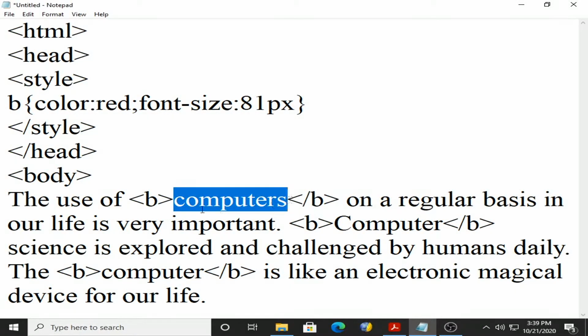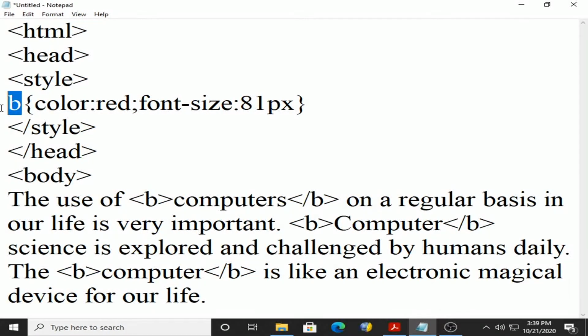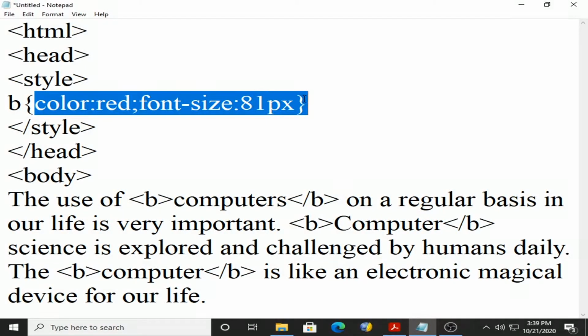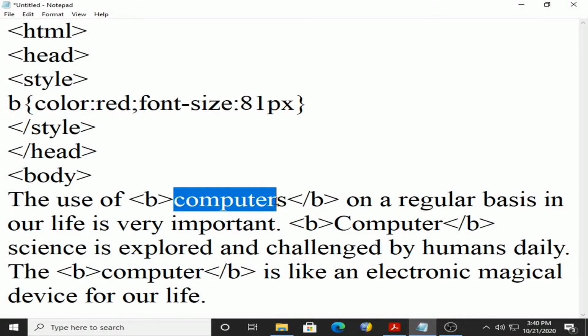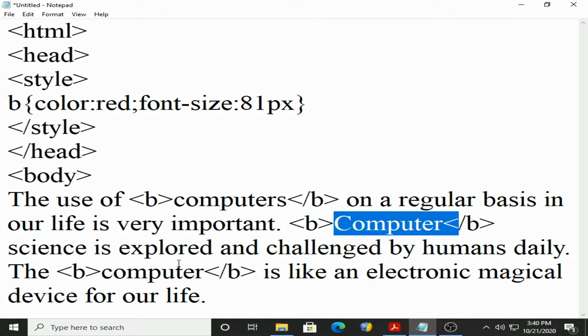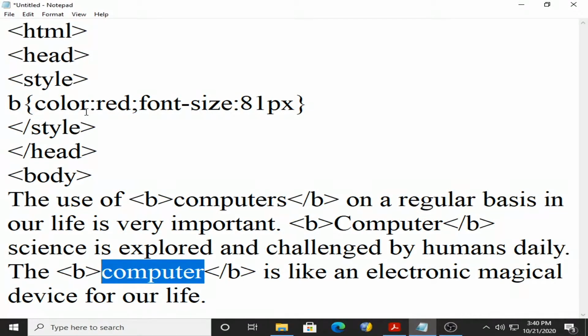It comes with a bold effect, normal, plus color red and font size 81 pixel, because this B selector will select all B tags and apply this effect. So this computer and all will come with bold, then color red and font size 81 pixel.